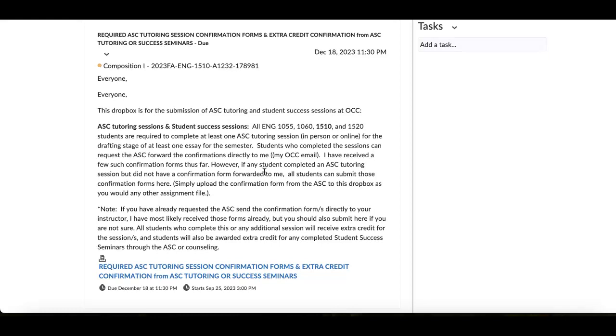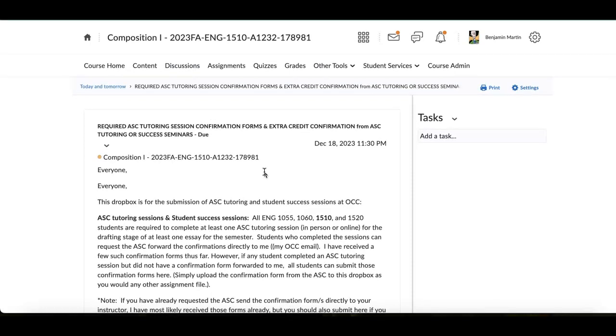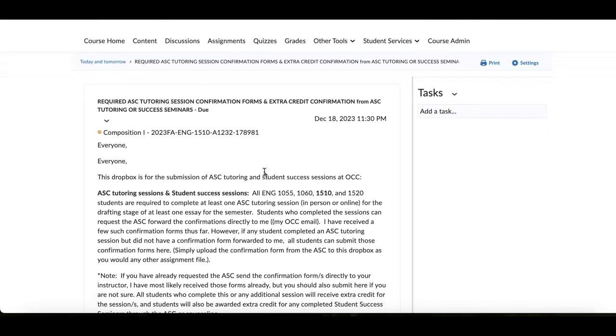YTR 2 was once per assignment drafting stage. YTR 3 was all drafting and revision stages. If I didn't get any adherence to that, then I will not give consideration or further consideration to the submissions when I'm on the fence between two grades.